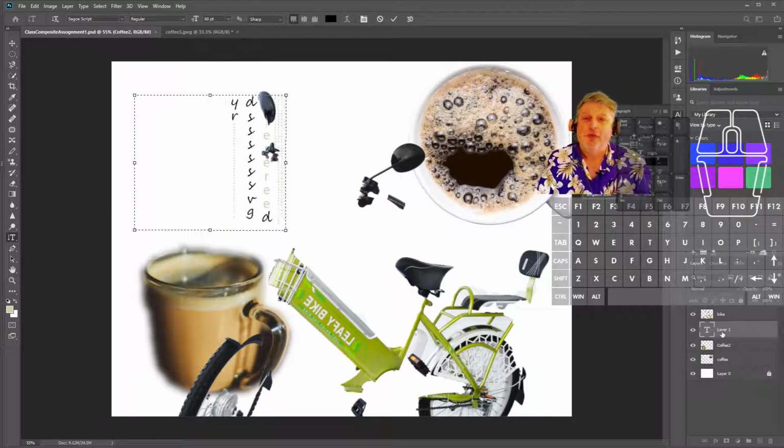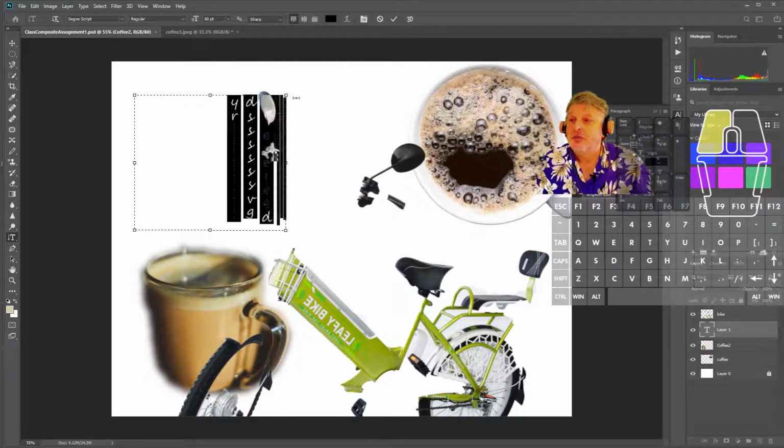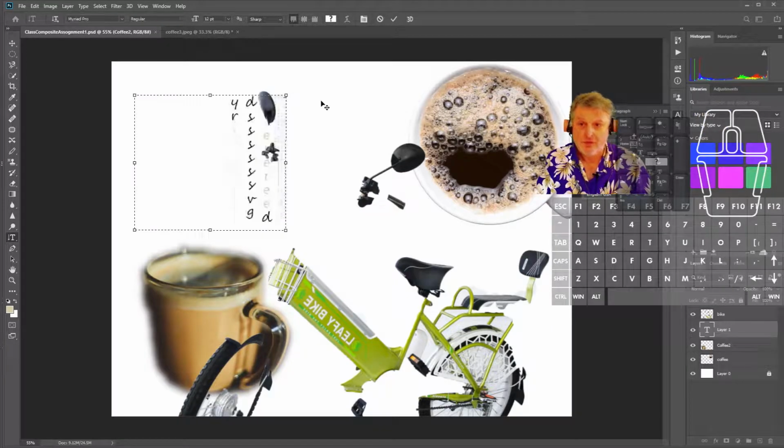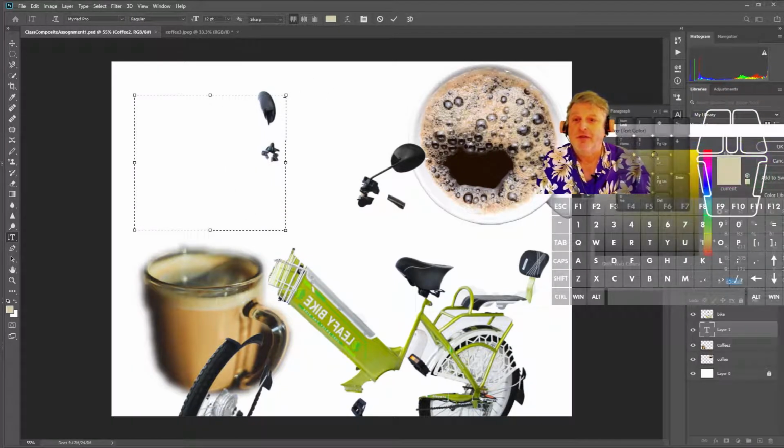You'll notice it gave me a new layer over here. And that layer has a big T next to it, which means it's a text layer. That means it's editable. I can change it over time. I'm going to, using my text tools, delete all of that text. And we're going to pick a good color. We'll pick,